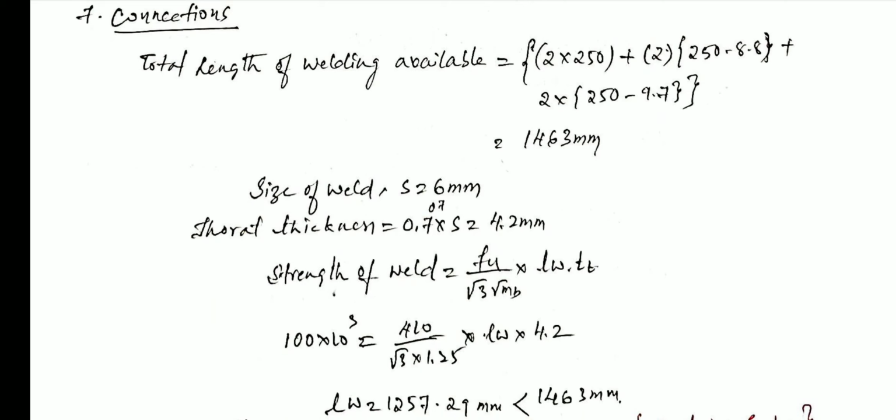So we assume it, or you can get it from the table. I won't explain the table; just refer to the welding notes and go to the table. You assume the thickness of the plate, and depending upon the thickness of the plate, the minimum size of the weld is obtained from the code book. So now we assume the size of the weld. Then we go for the throat thickness, that I already know, 0.707 into S, where S is the size of the weld.